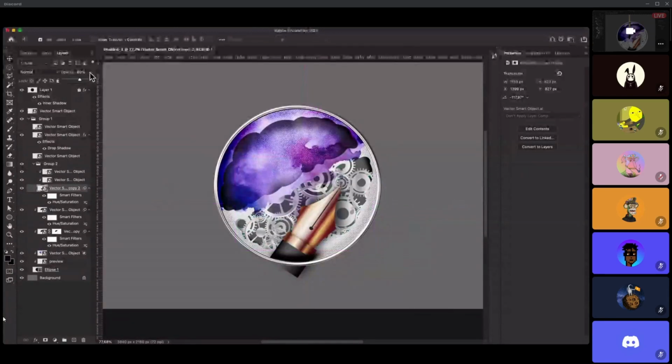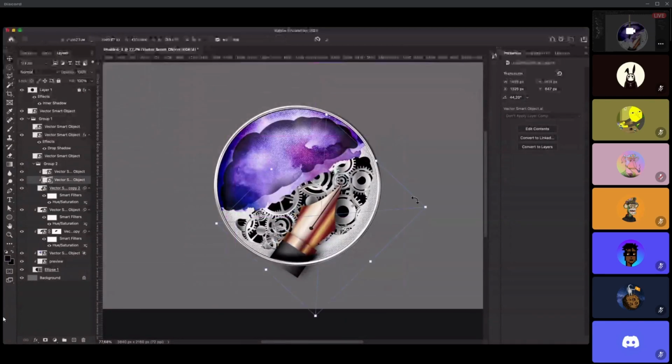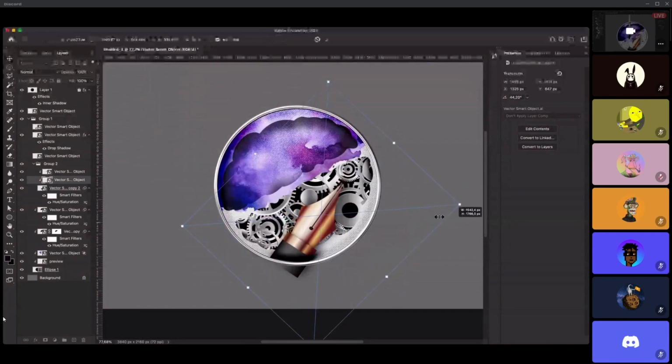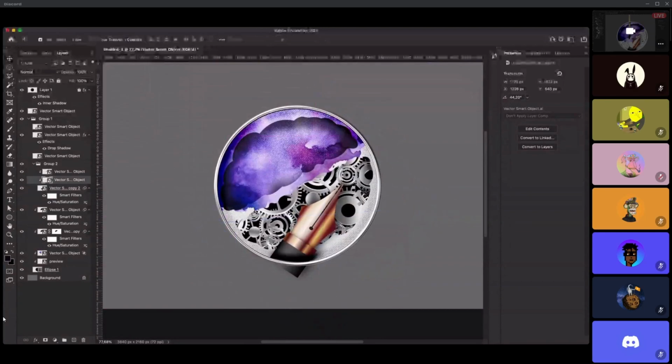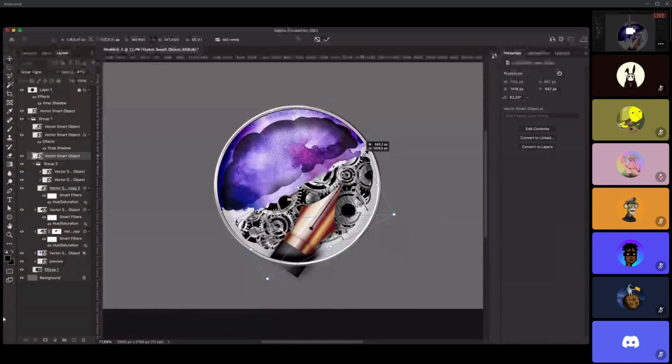This one should have full opacity, and the gears can be a little like so. Now I can turn on these. I resize them a bit.